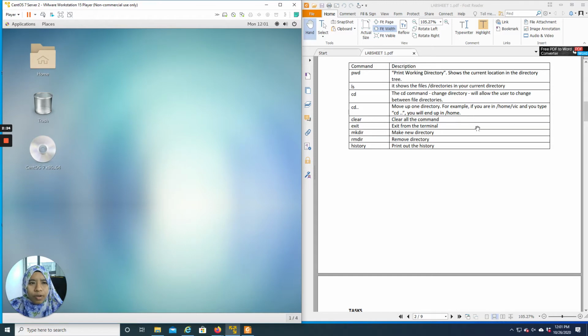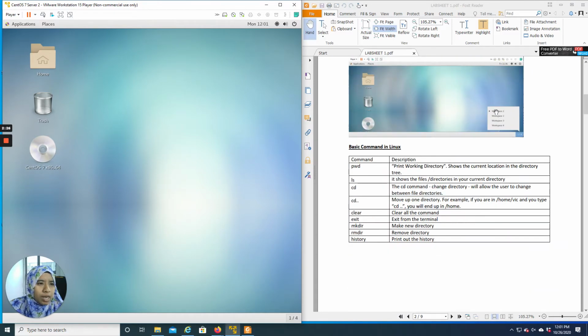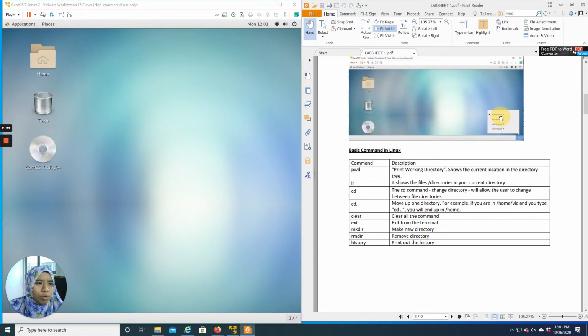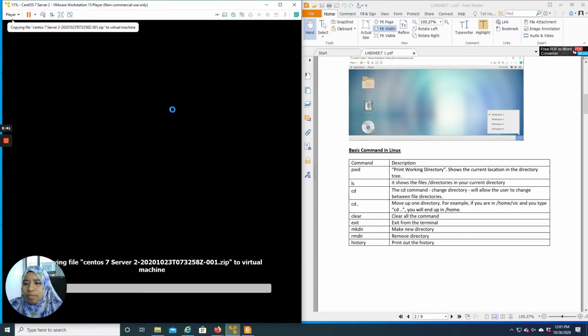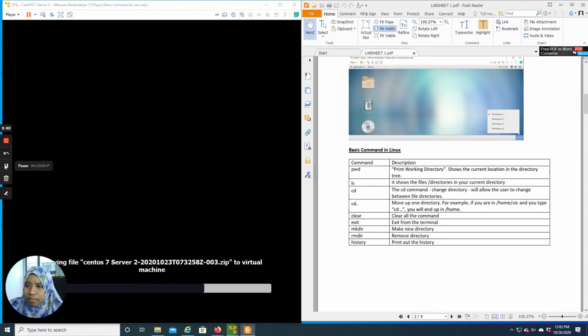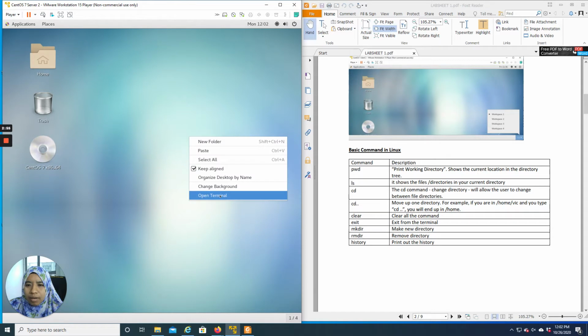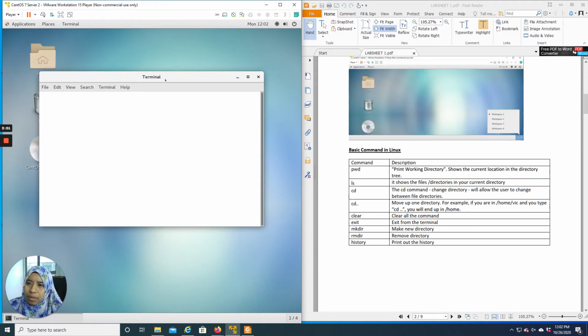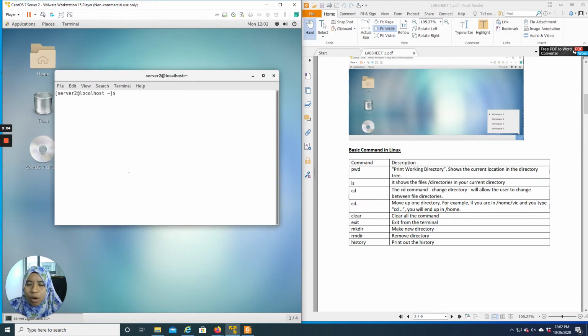You can open. Okay, before that, here you see they have 4 workplaces. We have workplace 1, 2, 3 and 4. Here the workplace is here. Just click and this will appear, where they are saving the file setup. Okay, click and then open your terminal. It will take some time to open. So this one is in workplace 1.